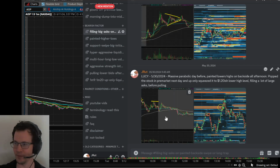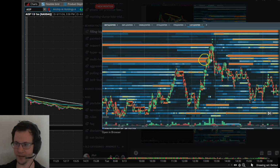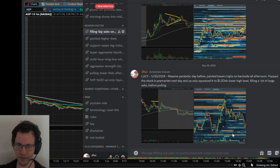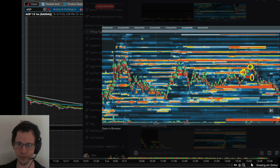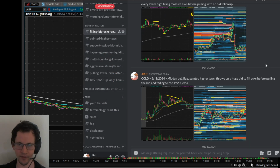Big asks getting filled on pushes. Like here's the Lucy short, right, that I did from the multi-day runner short, right? That swiped that 1.2 level, right? You get to see, the more you familiarize yourself with how the book acts at key levels, right, the better you'll be able to